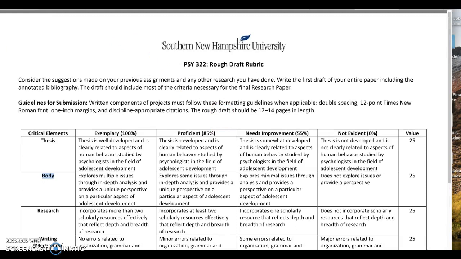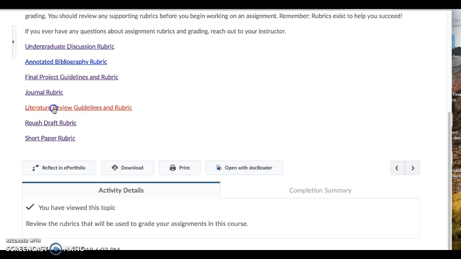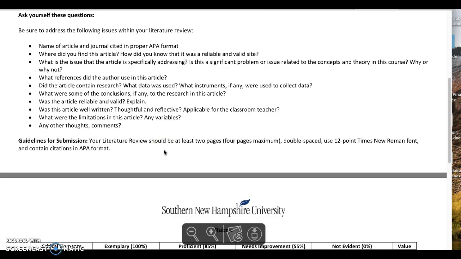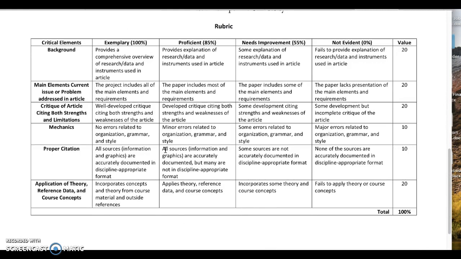So that is the rubric for the rough draft. When you pull up the rubric for the literature review, this is what's due this week. There is an example of a literature review and a rough draft on the general questions board. This rubric goes into detail, talking about the background, what kind of research the authors used, what problem they were addressing, and what the strengths and limitations of the research that was done are,